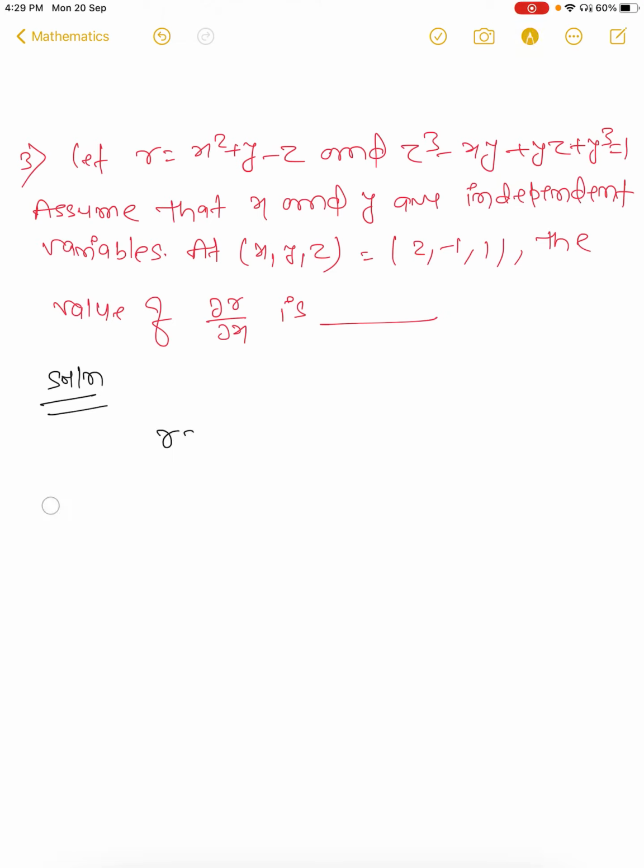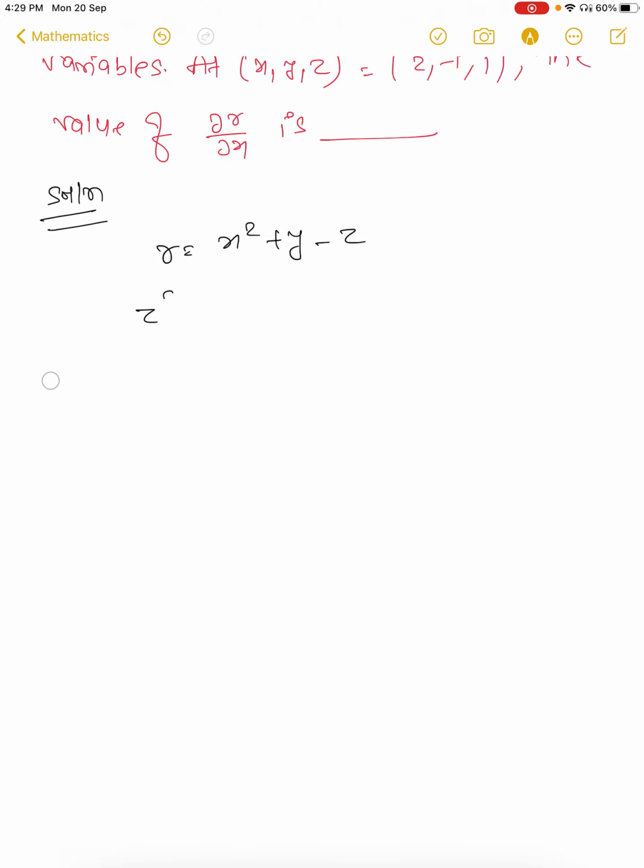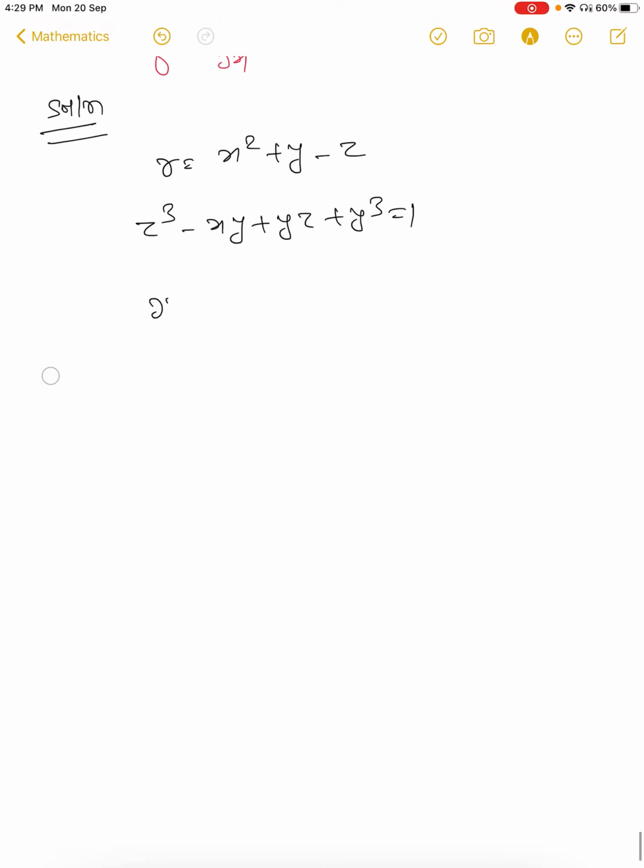R is given as x square plus y minus z, and the other is z cube minus xy plus yz plus y cube is equal to 1. So del r upon del x is